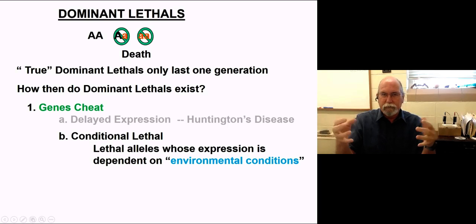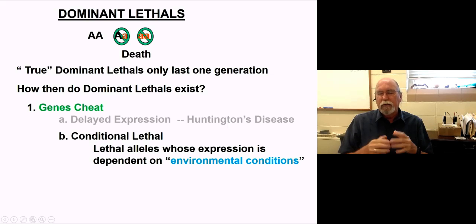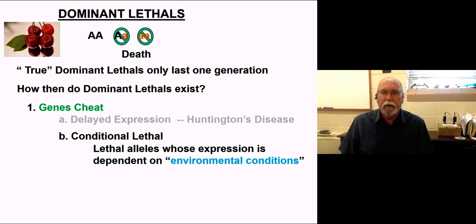Now, it could be the external environment, like temperature of the room or water or nutrition, or it can be the intracellular environment. Either one of those is considered an environment. So those conditions affect what's expressed. A conditional lethal is a good example of this. In a conditional lethal, you only get expression when certain conditions apply. One example might be something like